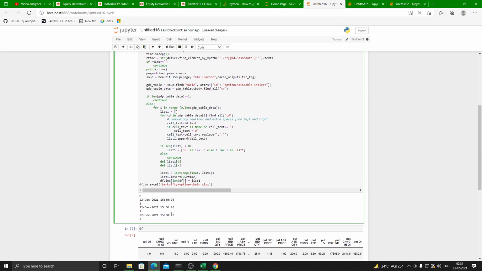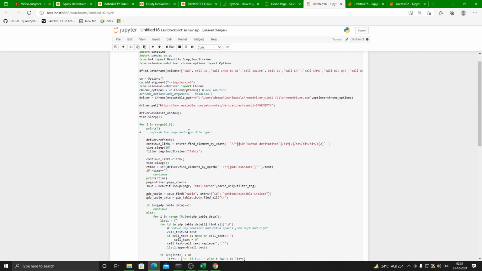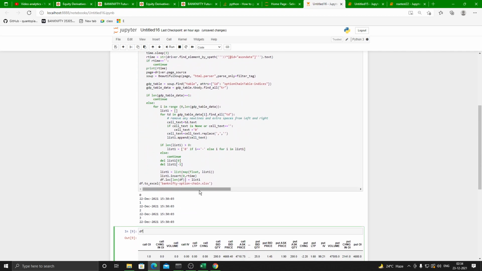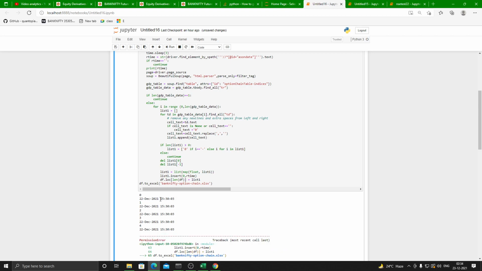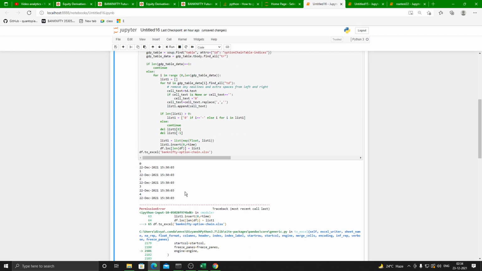So it's running its loops, collating the data in a data frame. I actually ran it some time back so that the data frame was there, but I will run it again after this loop finishes, right? So after the fourth loop, it should finish because 0, 1, 2, 3, 4, so a total of 5. And you see, this is also recording the date and time, and the time should change during the day, right now, because it's not doing a get current time or something like that, right?